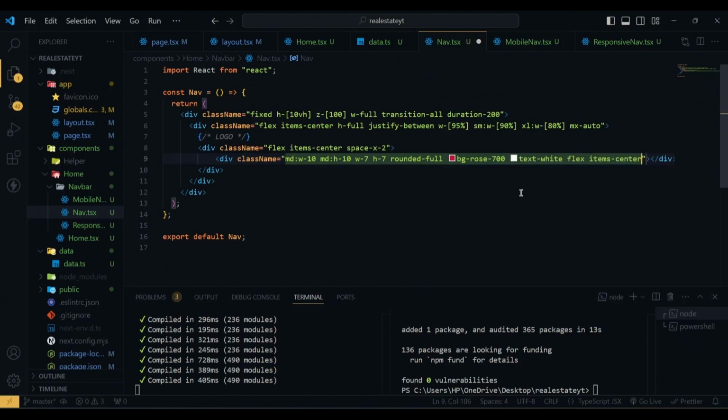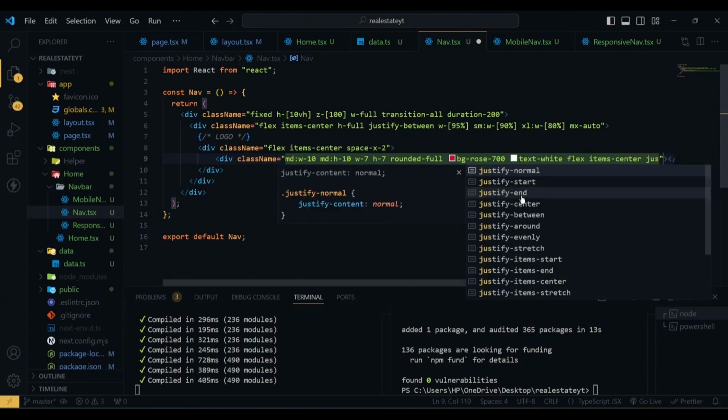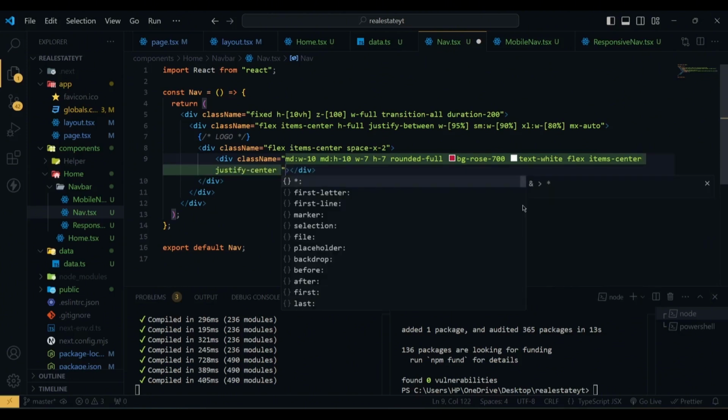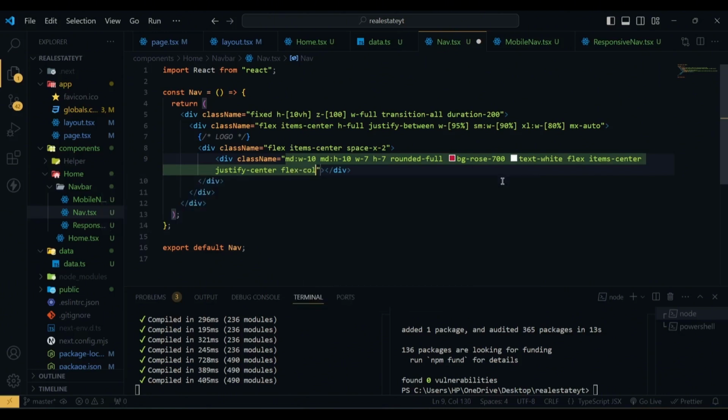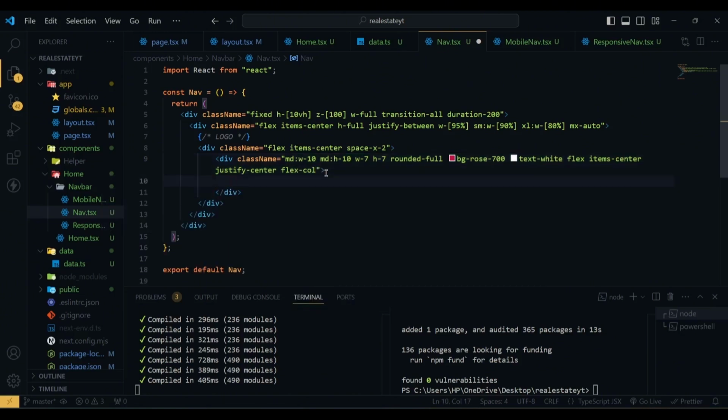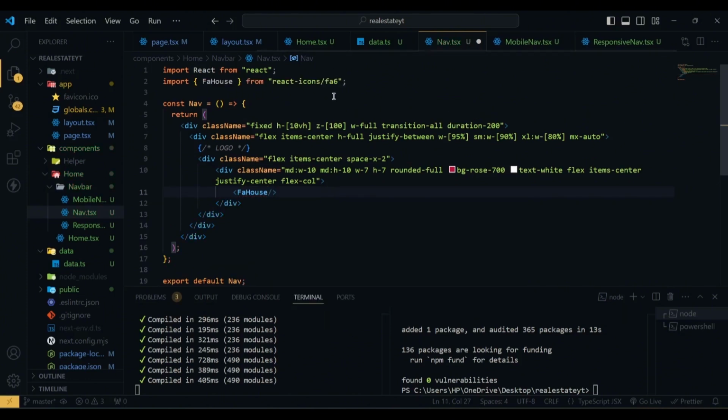Items will be center, justify will be center, and flex will be in column direction. And inside this we have an icon, and the icon will be FaHouse, and this one will be coming from React icons that we installed. So you can see it's import FaHouse from react-icons/fa6. fa6 means Font Awesome icon. Now if I hit save,